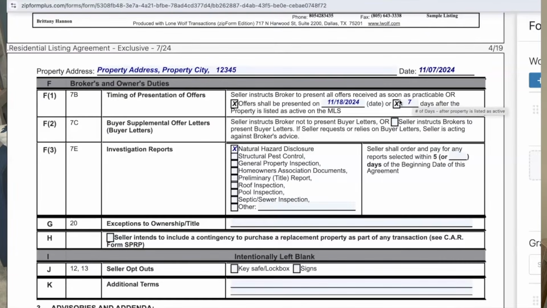Buyer supplemental offer letters. These are sometimes called love letters, buyer letters. In California, we do not do these anymore. This is not something that is common practice. It has been stopped. The reason for this is because we're trying to protect our sellers from any kind of